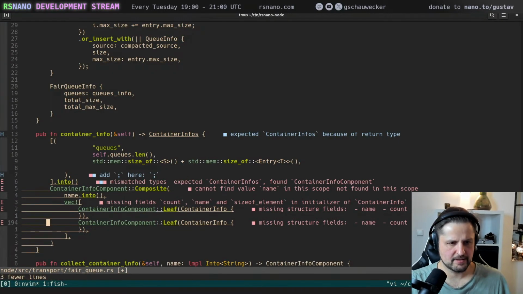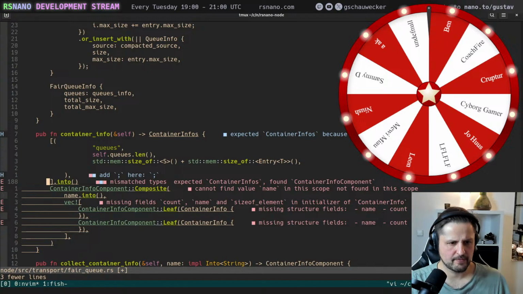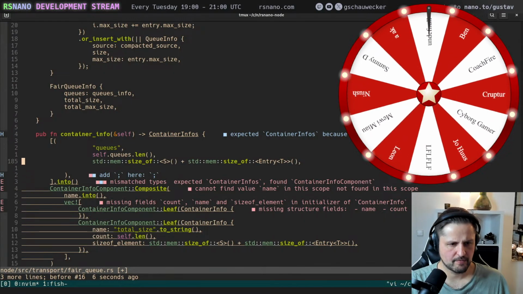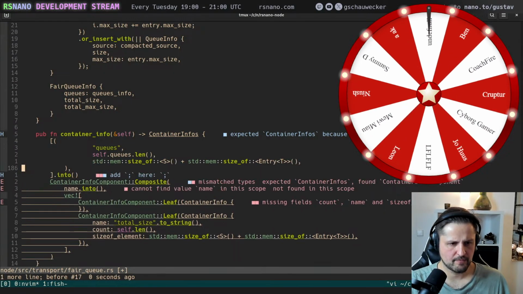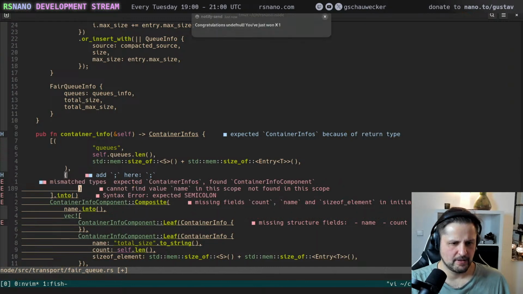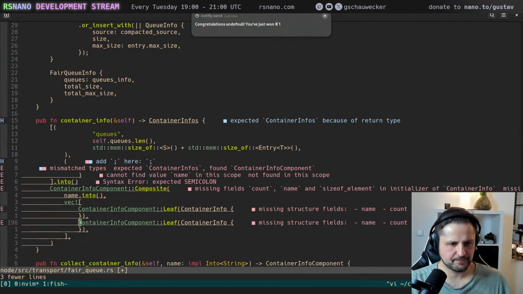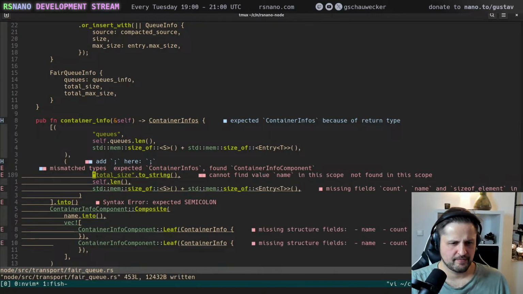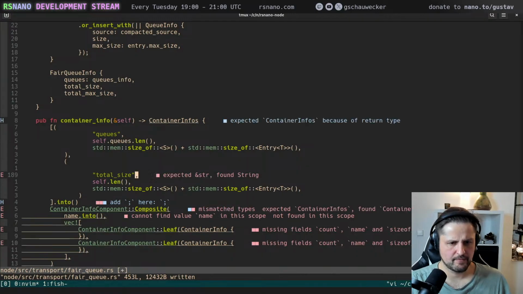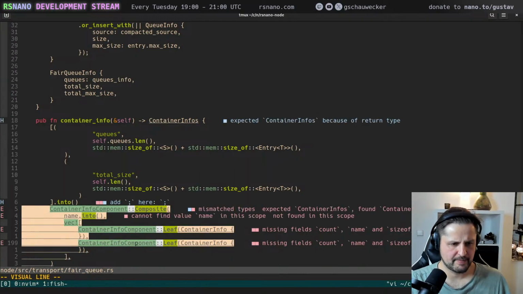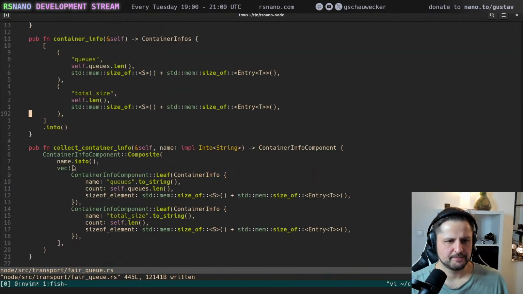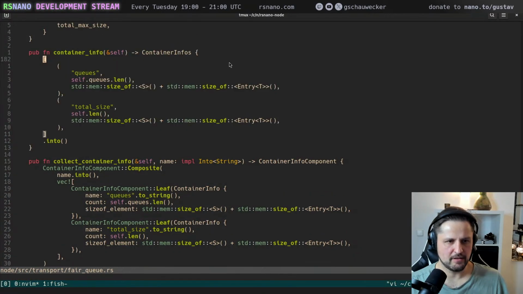The second one is this. I just like the new one a lot more. Less code to read.